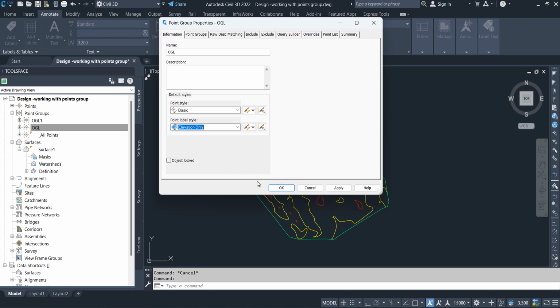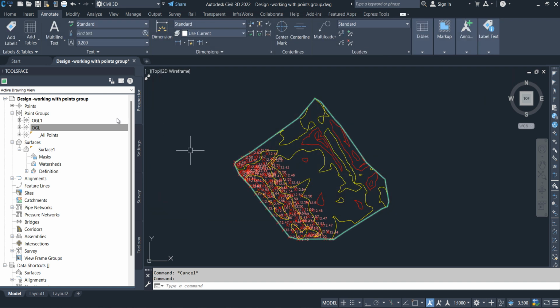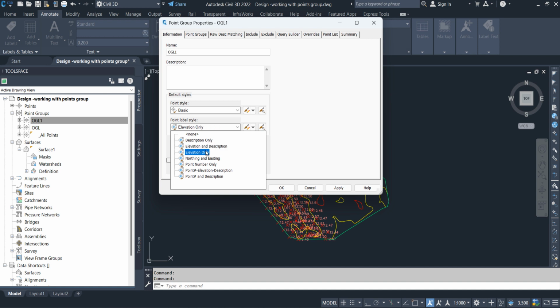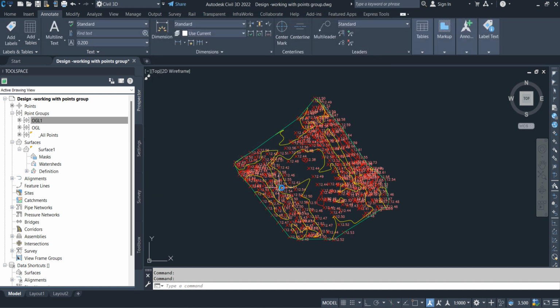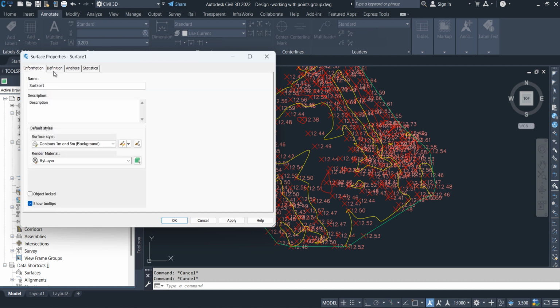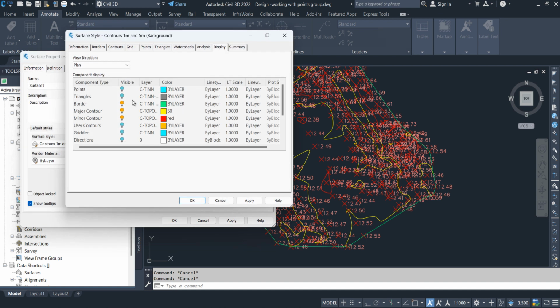label style elevation only, properties on with the elevation. The points is on. This surface is dynamic surface above the points. If we change the points, the surface will change automatically. I'm going to turn off this contour and turn on the triangulation, properties, style, on the triangulation